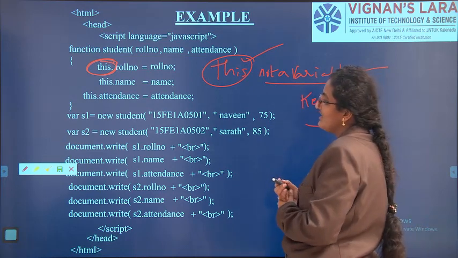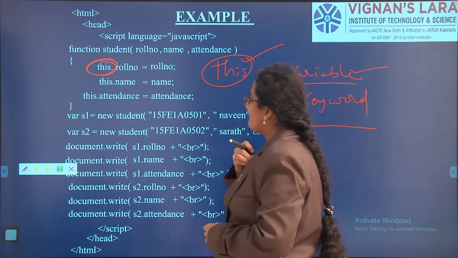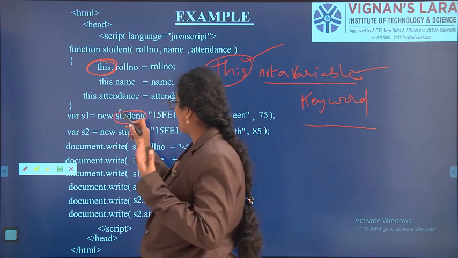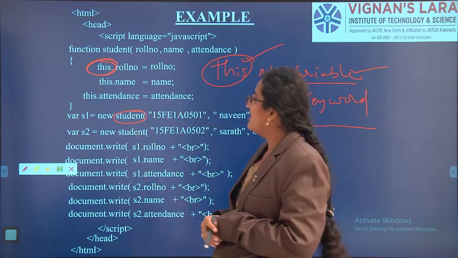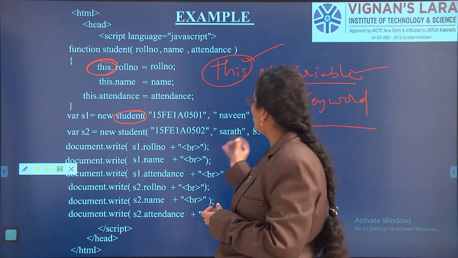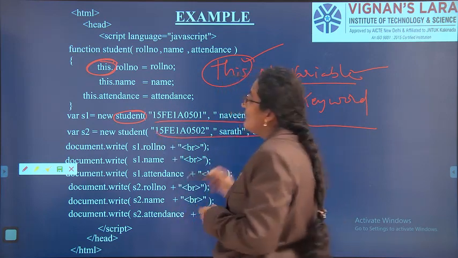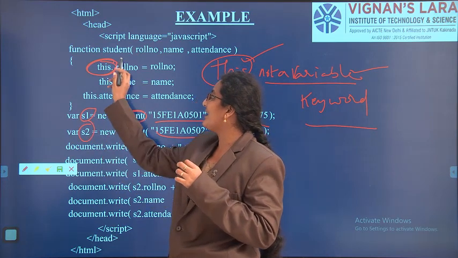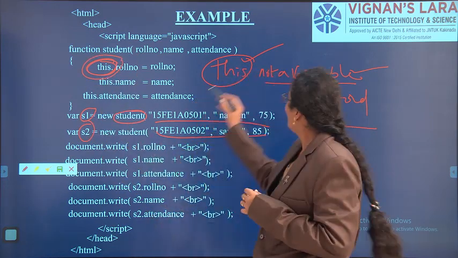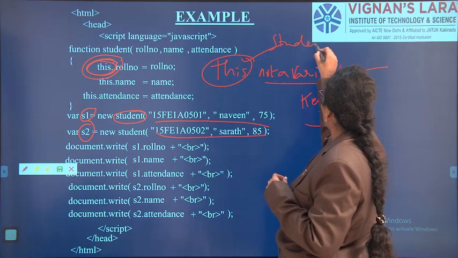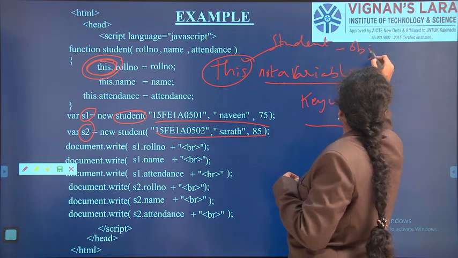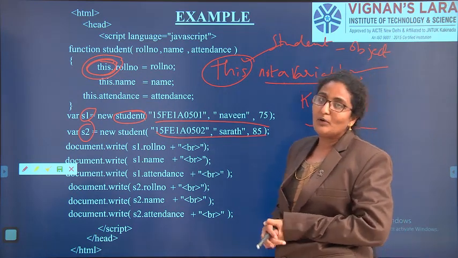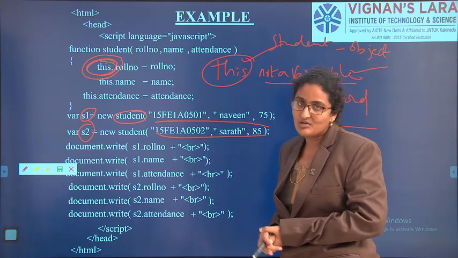So why are we using this? I want the object student. So student is my object. For the same object I have to give multiple values. For the same object, if I want to give multiple values and multiple variable names, then I will go for the constructor. So student is the object here. What I wanted to tell you is that in every programming language, we have the concept of constructors.